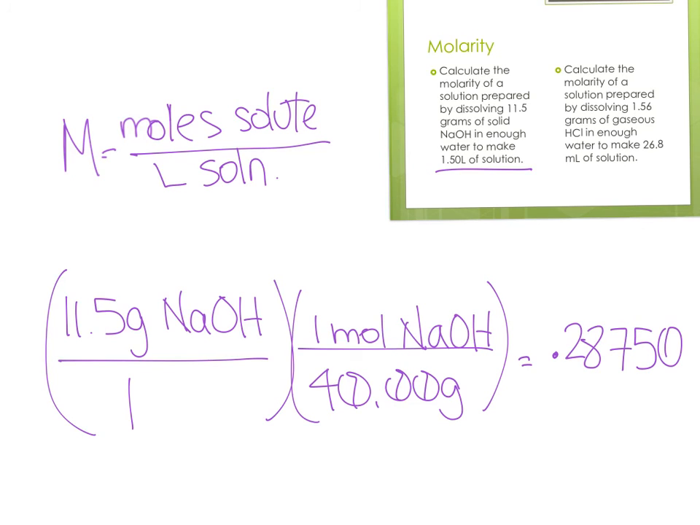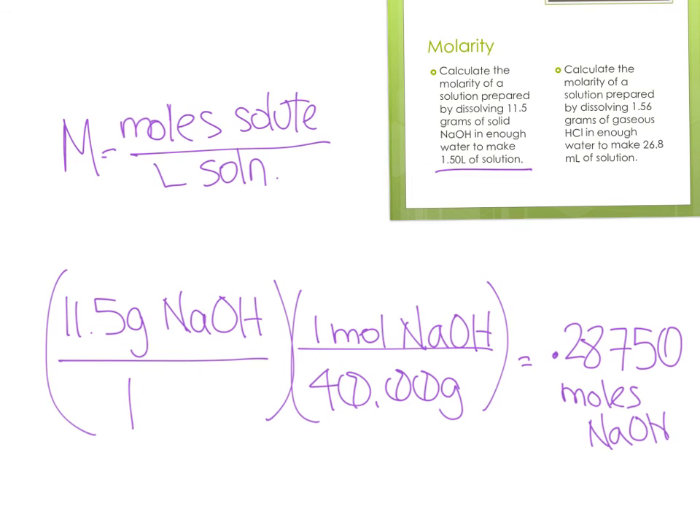Okay, so we said that we need 3 sig figs in our final answer. When you're doing your calculations, you're always going to carry it out to at least 2 past the number of sig figs you need, and then at the very end is when you cut it off to those 3 sig figs. So here's my number of moles of NaOH,